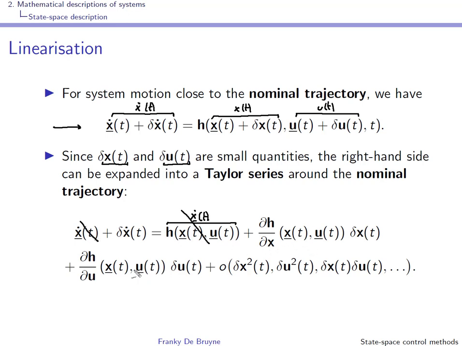The second and the third term are the first order terms, and they involve the partial derivatives of h with respect to x here and with respect to u. Then we have of course the last term that involves the second order terms, but this one we can neglect because we assume that dx and du are small quantities. So we are left with the terms that are over here,